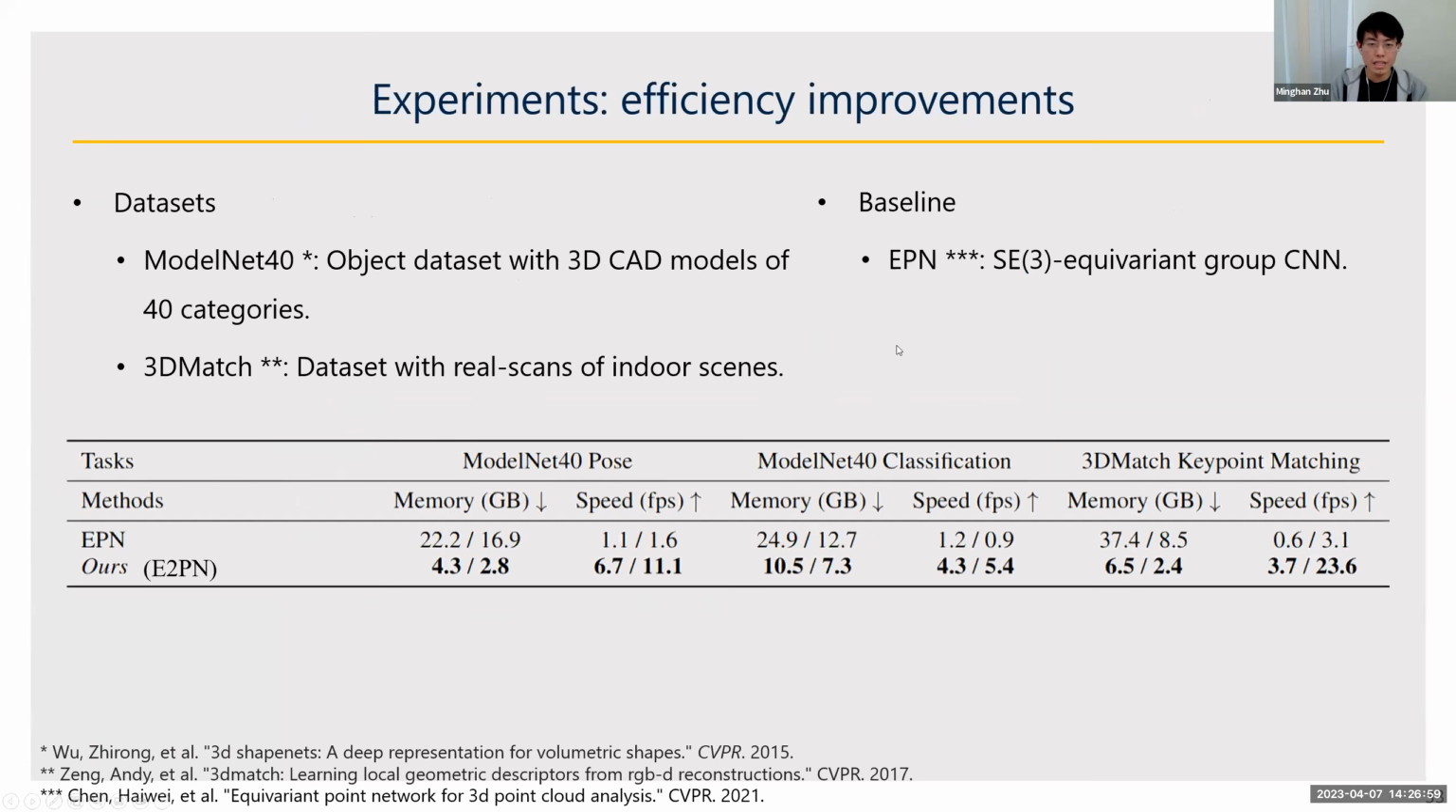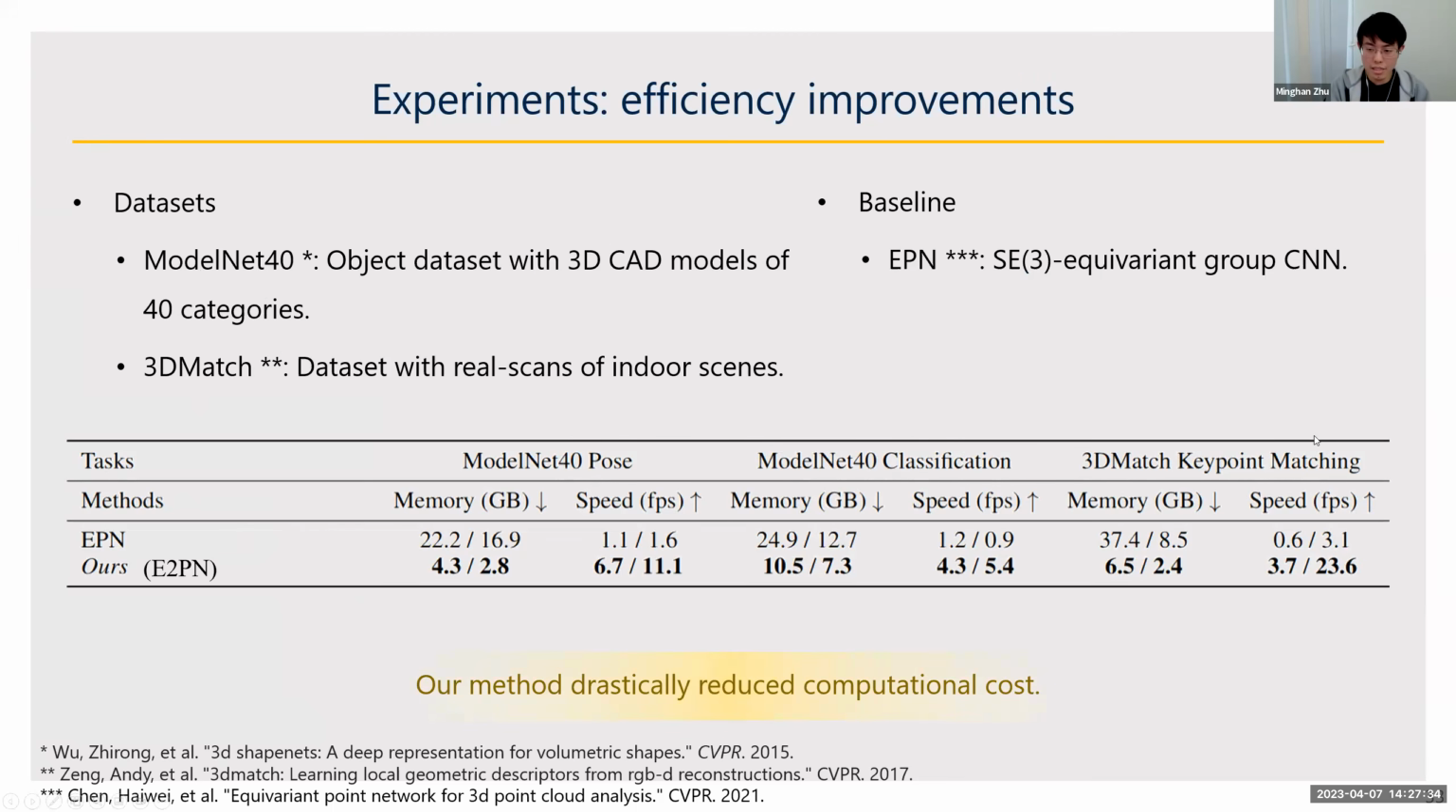And here we show that this strategy brings very huge savings on the computational cost. There are 3 tasks we presented here, from 2 datasets. One is ModelNet40, which is an object dataset with 3D CAD models, which we mentioned before. The other is 3DMatch, which is a dataset with real scans of indoor scenarios. The 3 tasks we experimented with are pose estimation of the objects, classification of the objects, and keypoint matching